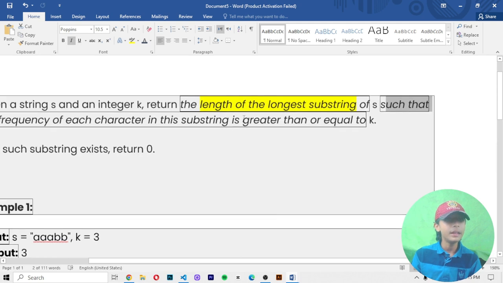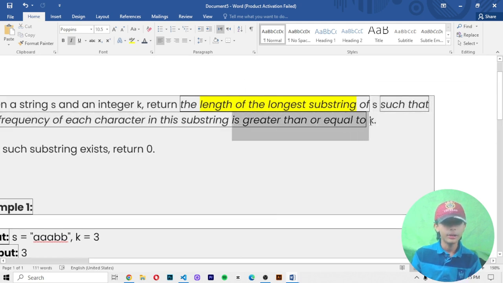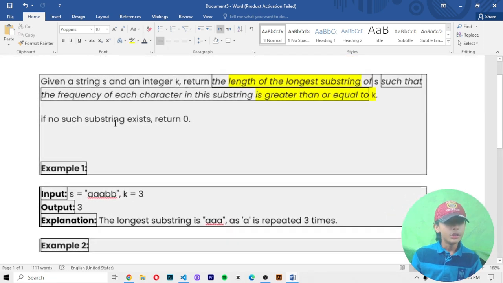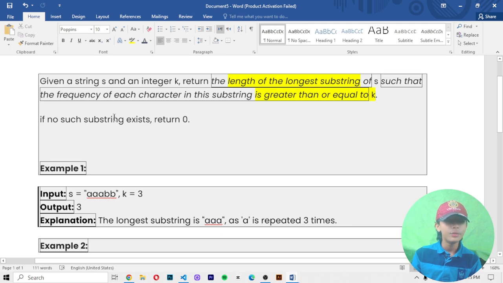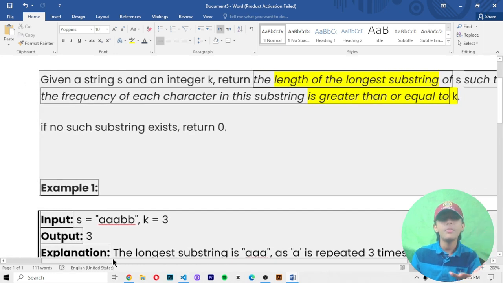Greater than or equal to k, highlighted. If no such substring exists, return 0.